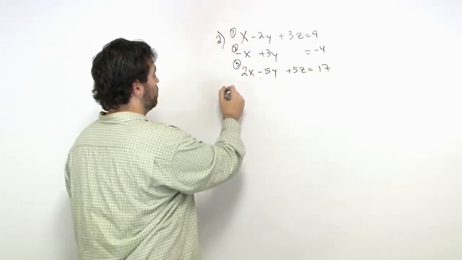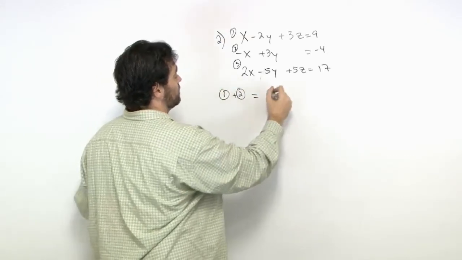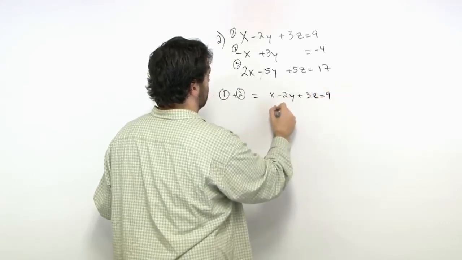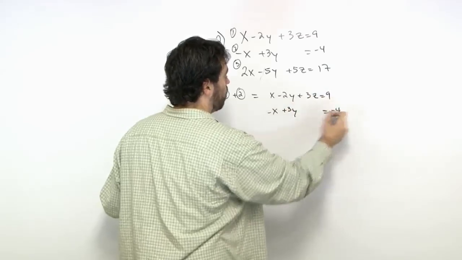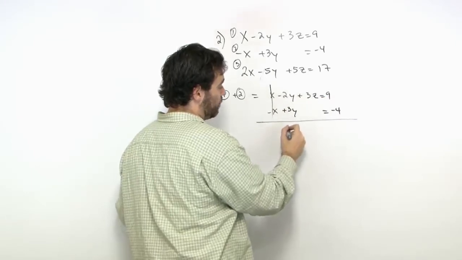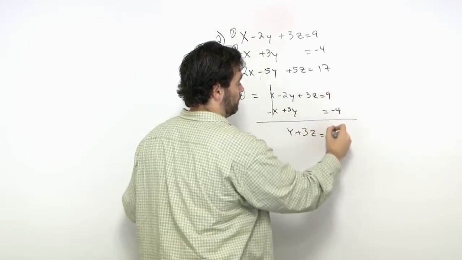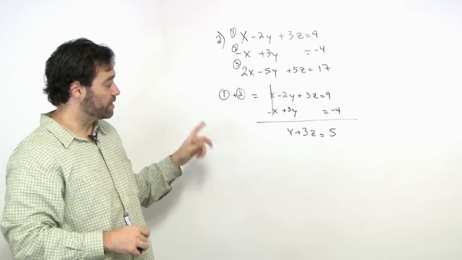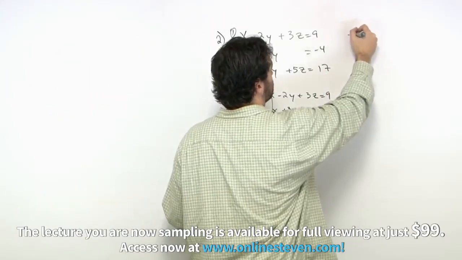So I'm going to do 1 plus 2. So that gives us x minus 2y plus 3z equals 9. And negative x plus 3y equals negative 4. I'm adding 1 and 2. Bye-bye. We get positive y plus 3z equals 5. Okay? So there's one equation we're going to work with in a second. Now I'm going to take negative 2,